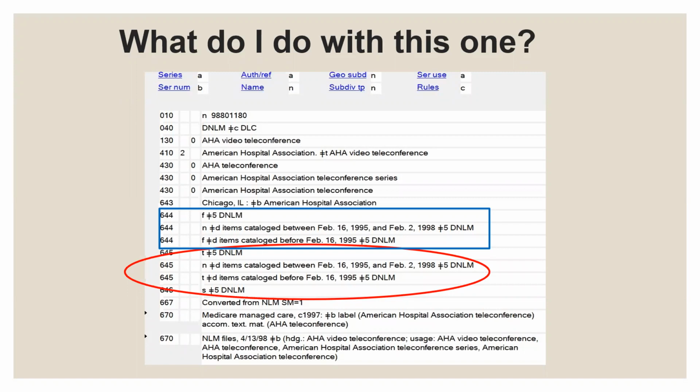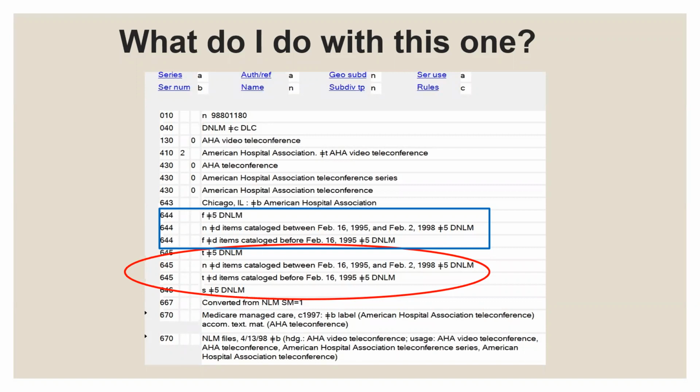And this one's giving you the dates of when it was first traced, and then it wasn't traced from February 16th, 1955 to February 2nd of 1998. Unfortunately, it doesn't tell you why. I'm just assuming that something changed with the way this thing was published, and they just didn't have a chance to analyze it. So those were like lost periods of time, I guess. And so they decide, well, we're not going to trace this because we really don't know what's going on with this book. And then finally, after February 2nd of 1998, they got around to actually analyzing it. So they said, oh yeah, this is going to be a trace series.